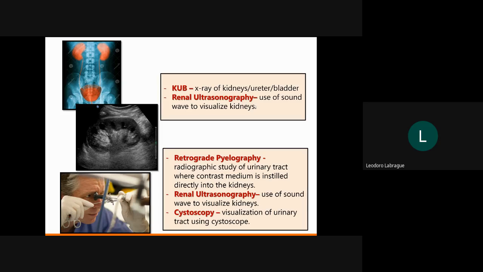The same process applies with renal ultrasonography. A small probe is placed over the abdomen, and the sound wave will be created, and you can actually see the structure of the kidneys. See the second photo. This is the kidney through ultrasound, and the doctor can actually tell through ultrasonography if the kidneys have a problem or not.